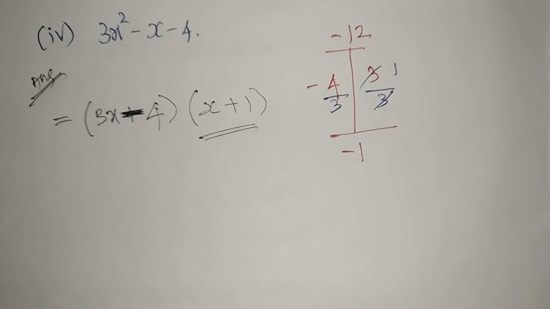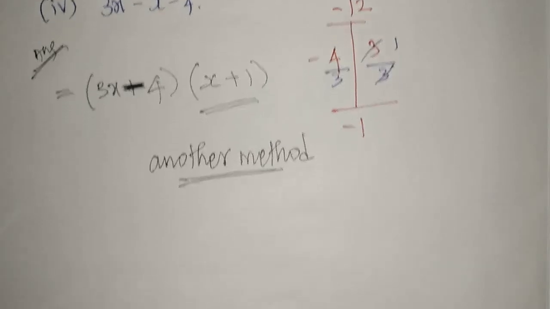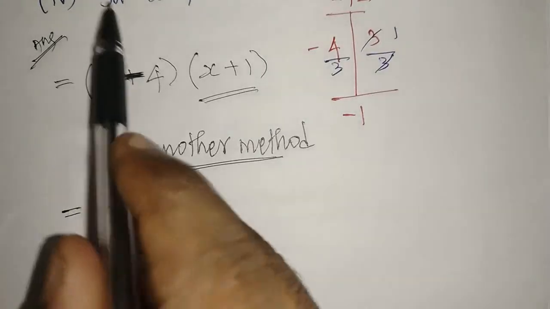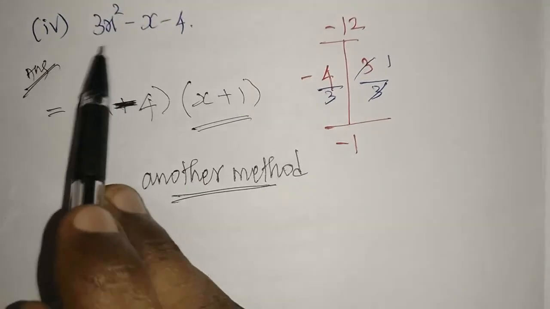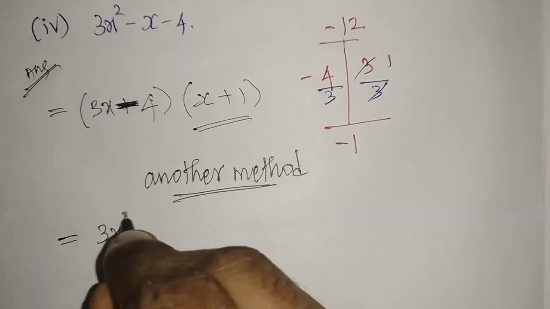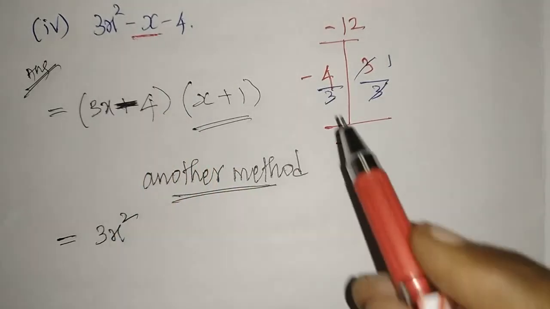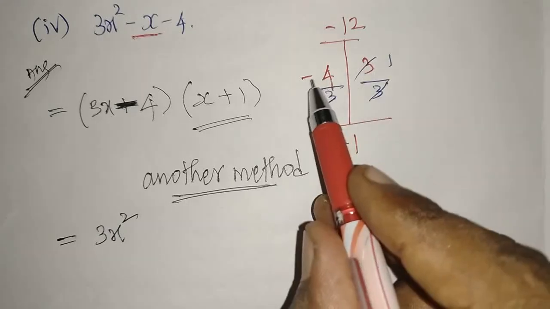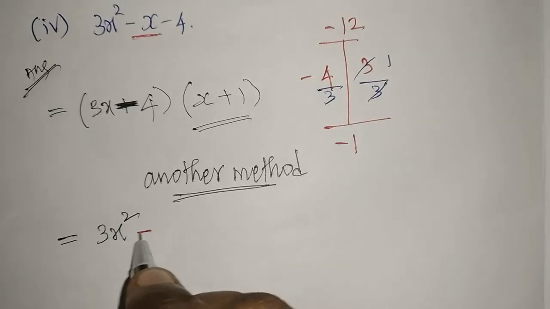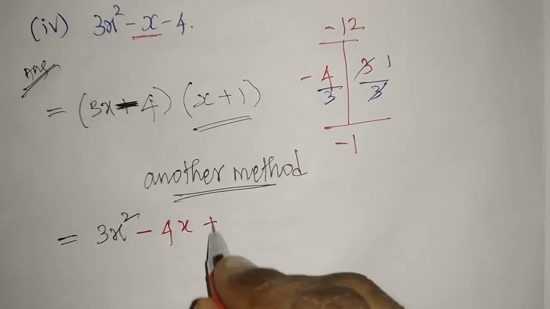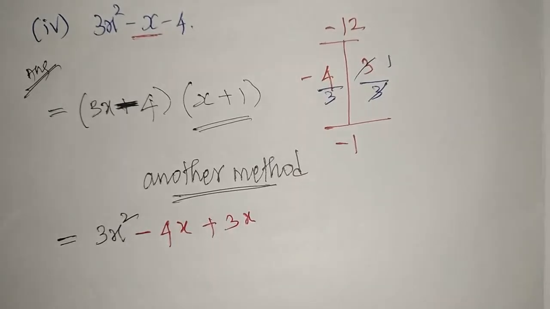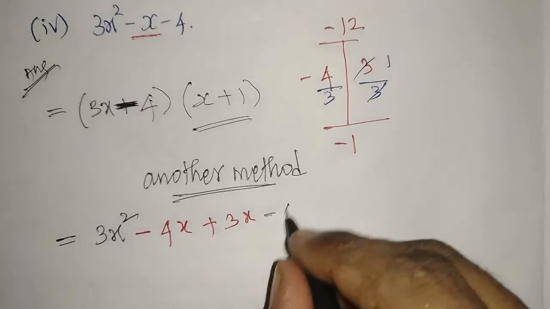Now we'll go for the middle term splitting method, another method I'm giving. For that you have to write the first term as well, that 3x square what we have, the same thing you can write here, don't change anything. The middle term alone, this minus x is there, na? That minus x I'm writing like this. Without a divide what we have, minus 4 plus 3. So minus 4x plus 3x, now you will get minus x, that's it. And the constant we have is minus 4.